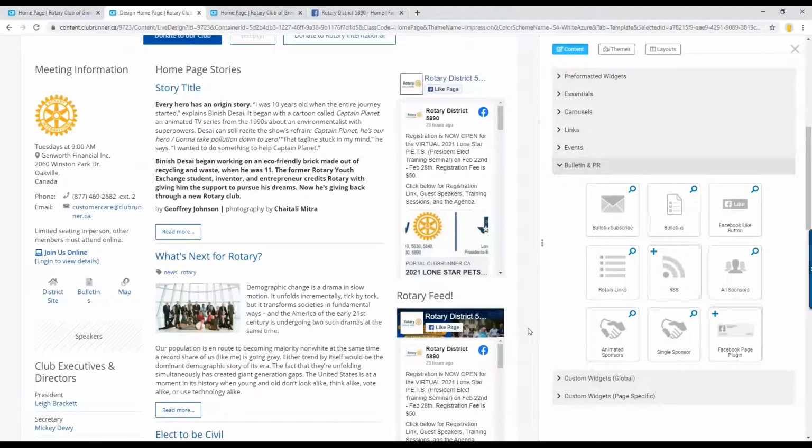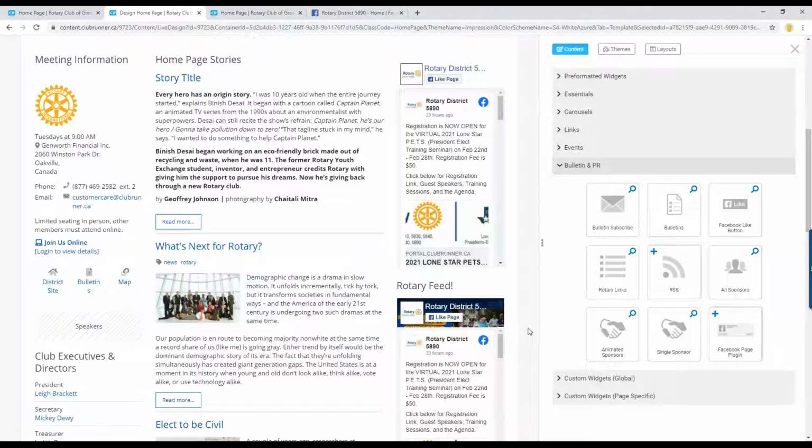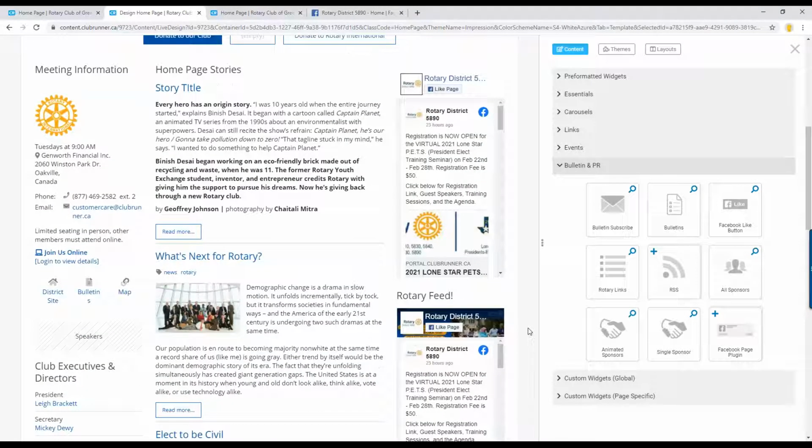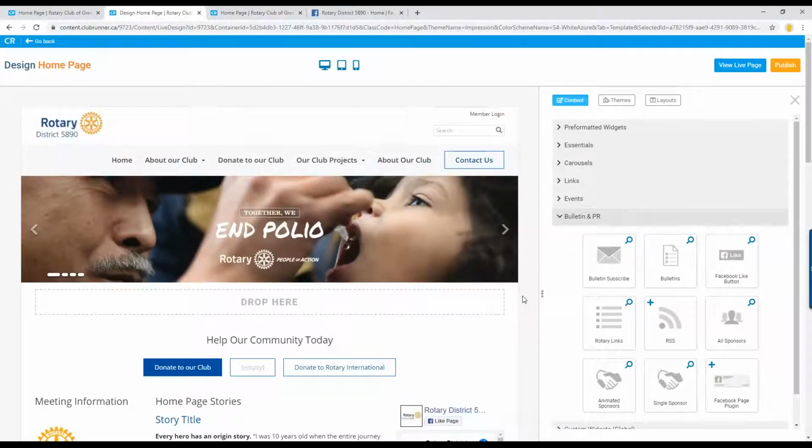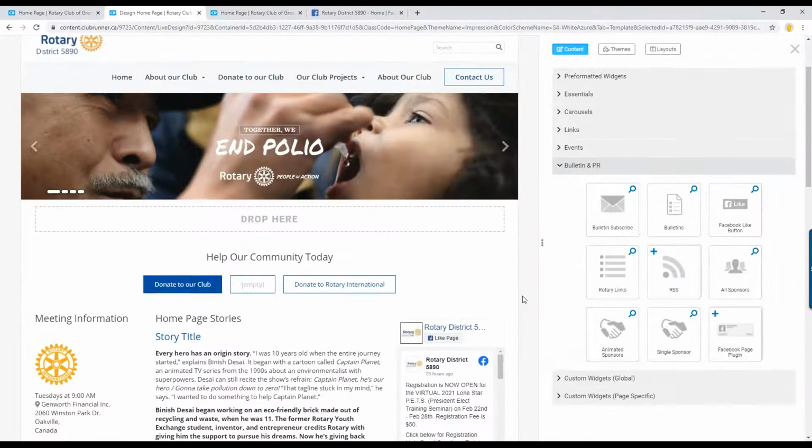And you can put as many of these Facebook feeds as you want on your club website. So if you want one on your homepage that is your club, and you want one for your district website or Rotary International, you can just keep adding them. I will say, probably use them somewhat sparingly. I don't think I'd have more than like 2 on an individual page, or at least not more than 1 or 2 on a homepage,